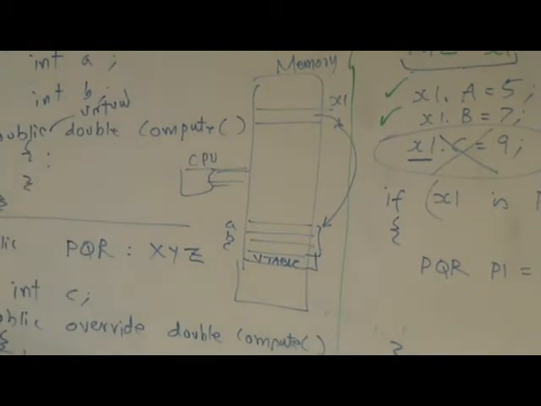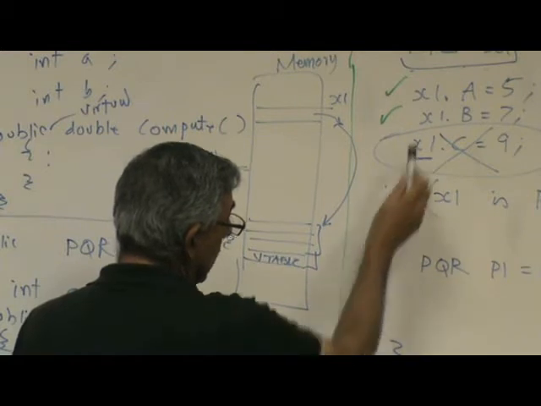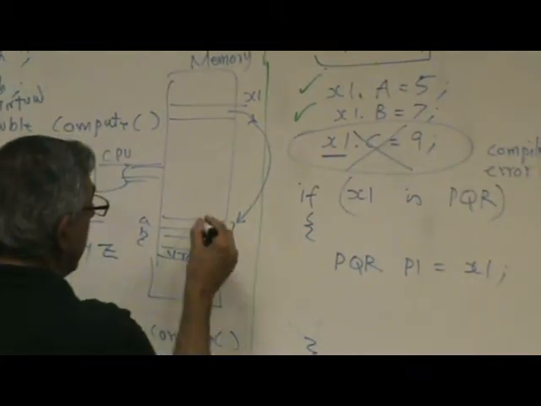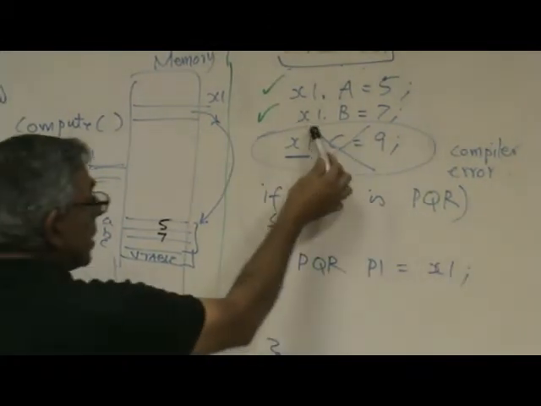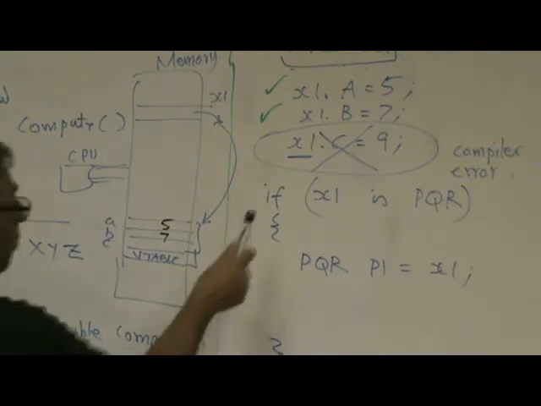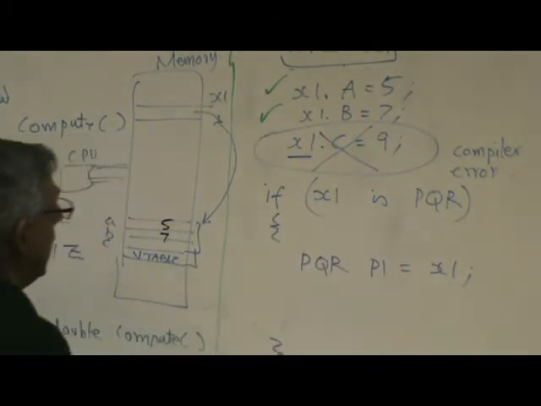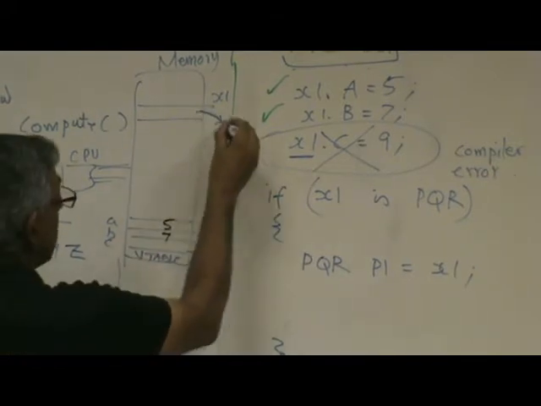Okay, so anyway. So now let's take a look over here. x1.a will end up putting 5, end up putting 7, no problem. This will not work. Like I said, compiler will not recognize C, so we will make this check. Okay. So now, when we say x1 is PQR, internally what the computer does is, it will start from x1,